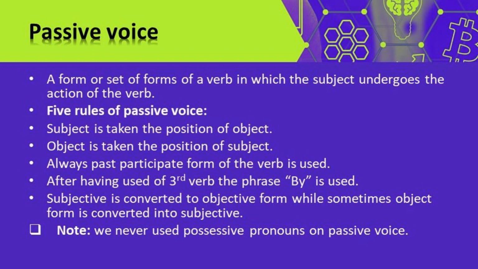It is the best definition for passive voice, and we have 5 rules and regulations for passive voice. The first one is subject is taken to the position of object, and the second one is object is taken to the position of subject. The third one is always past participle form of verb is used, and the fourth one is after having used the third form of the verb, I mean past participle, we have to use the phrase by. And the fifth or last one is subjective is converted to objective form, while sometimes objective form is converted